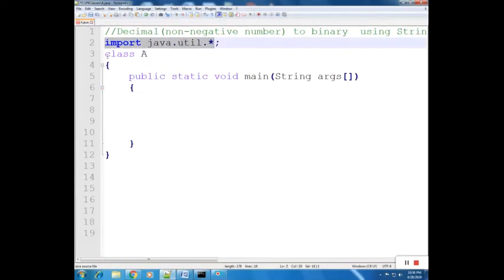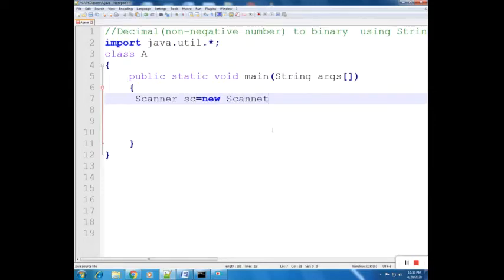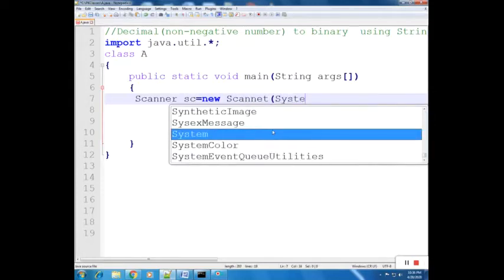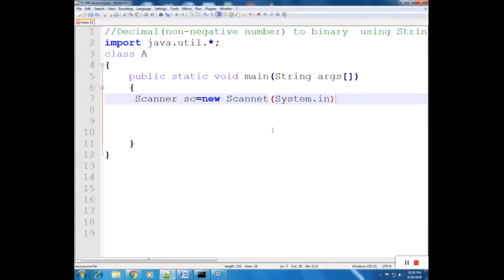Import java.util.*; class A { public static void main( start writing. Scanner sc = new Scanner(System.in).